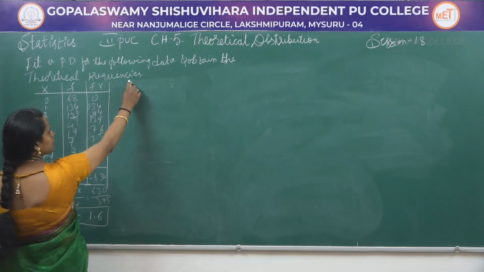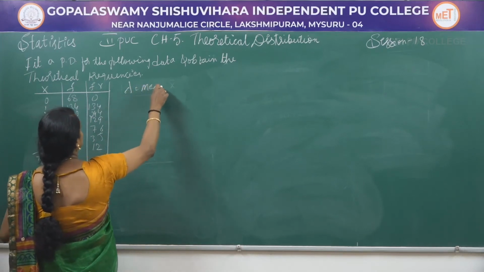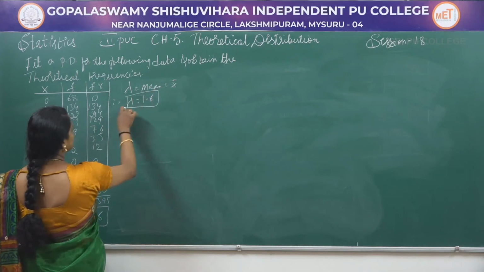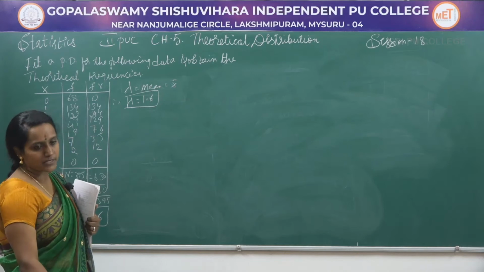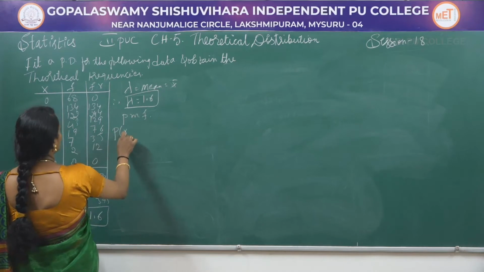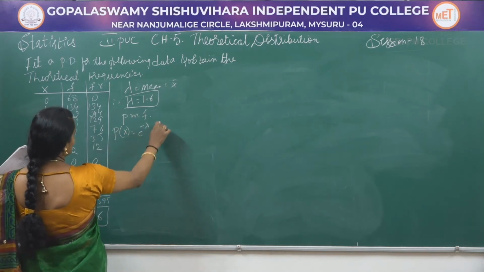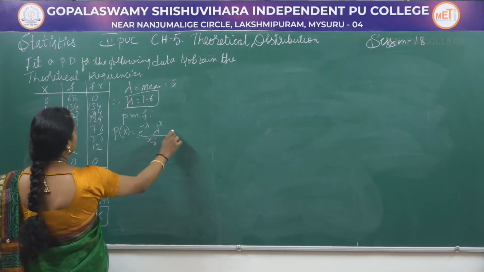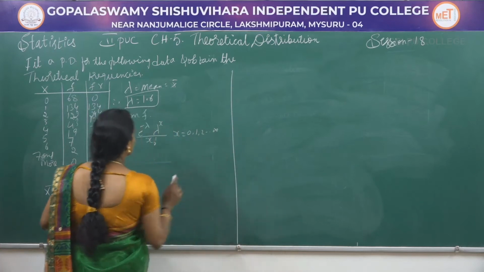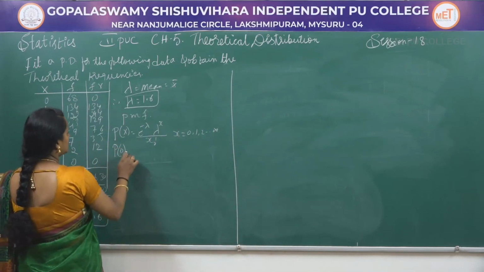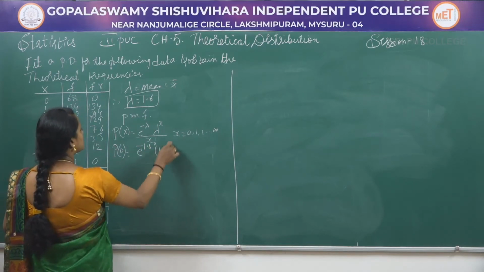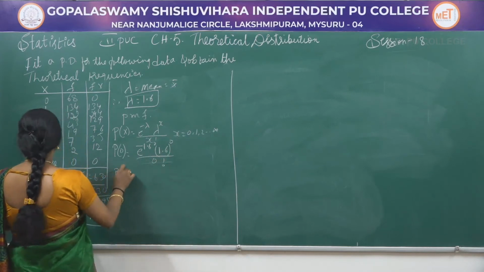In Poisson distribution, lambda is equal to mean, that is equal to x bar. Therefore, lambda is equal to 1.6. So, we have found the parameter lambda. The next step is to write the PMF. That is P of x equals e power minus lambda, lambda power x divided by x factorial, where x can take the values 0, 1, 2, etc. up to infinity. Next, the first probability we are finding, that is P0, e power minus 1.6, 1.6 power 0 by 0 factorial.